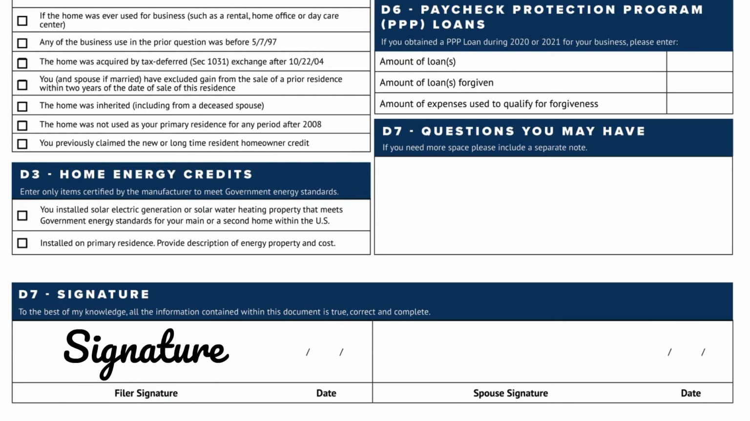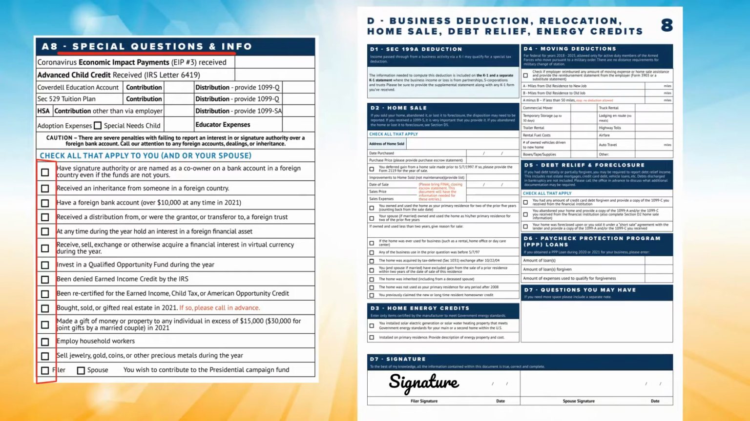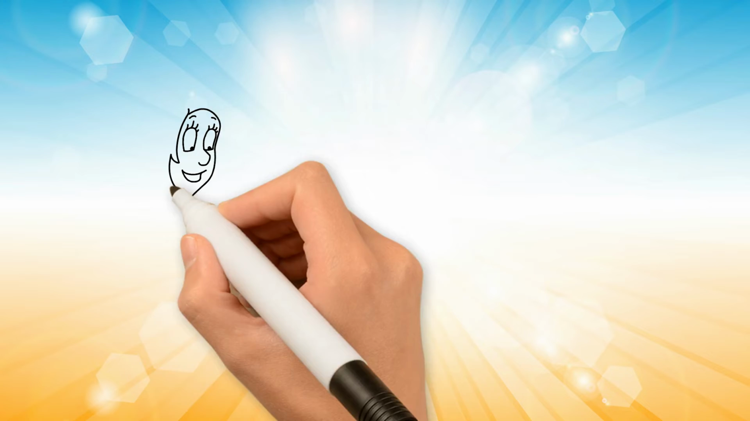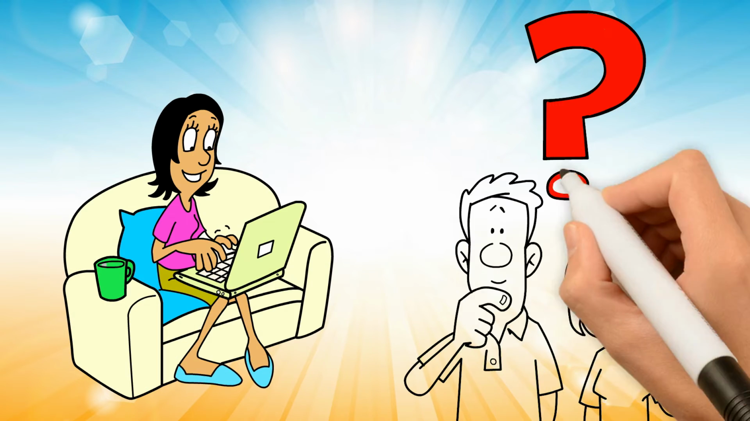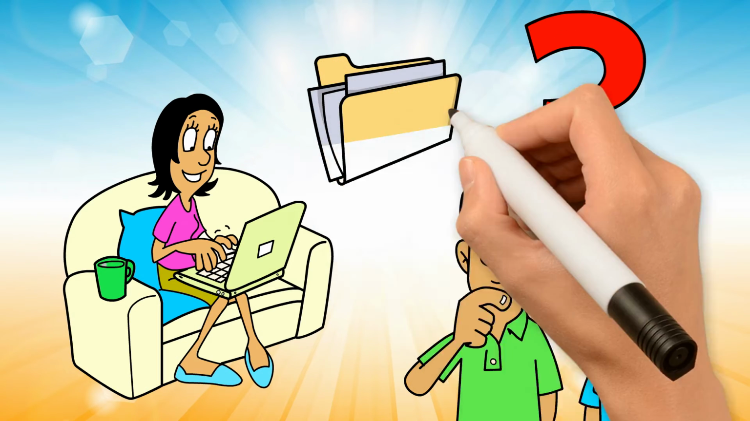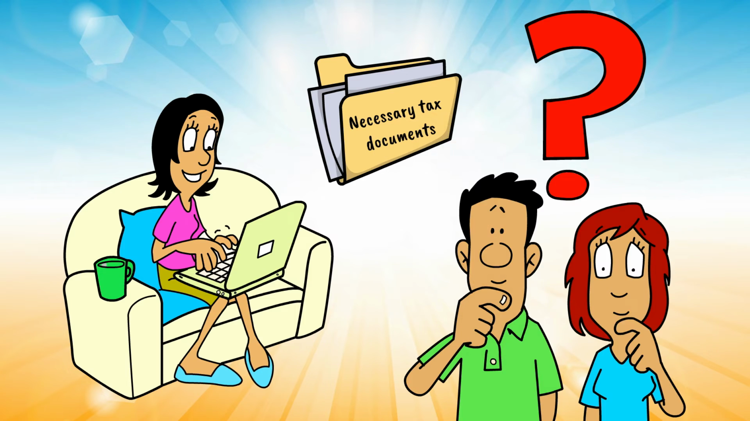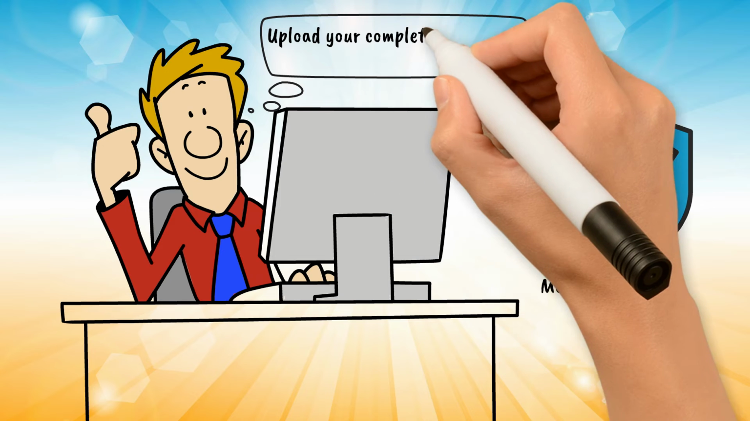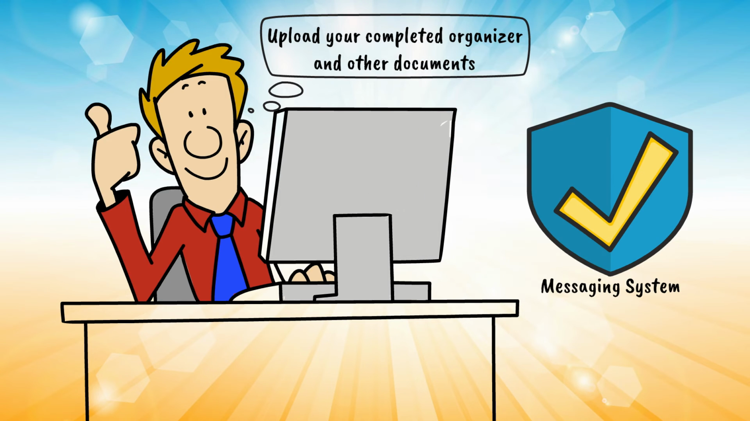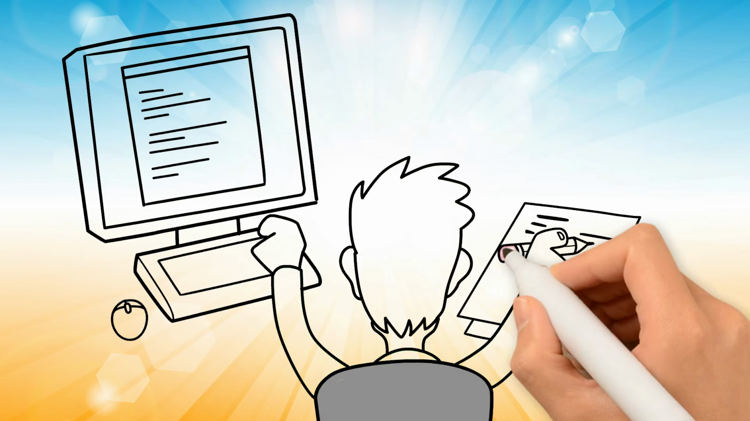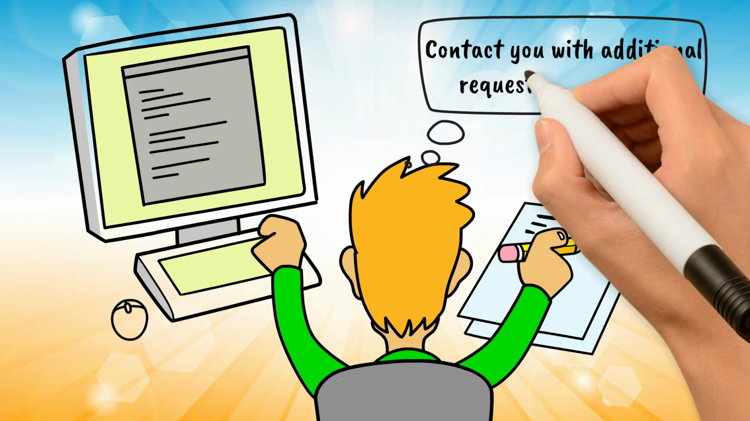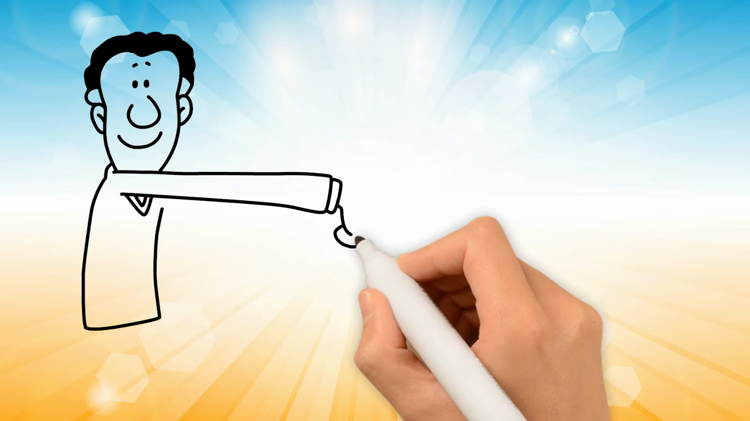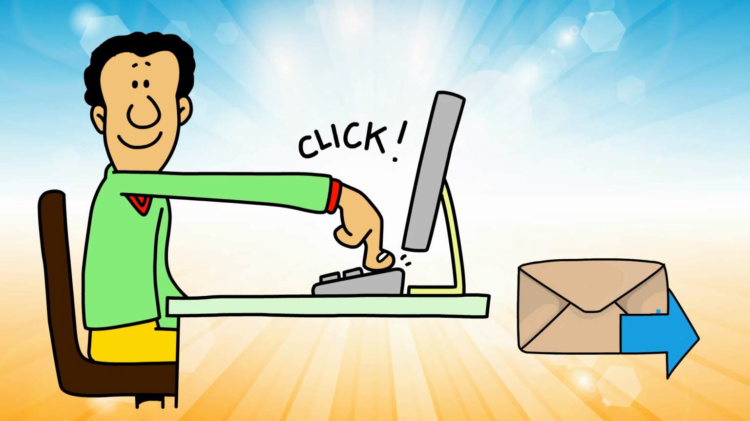Ideally, it would be best for you to complete as much of this organizer as possible before your appointment. Mark any sections which you may have questions on to discuss during your initial consultation and provide the necessary tax documents you received. You can use our secure portal messaging system to upload your completed organizer and other documents when completed. We will place your return in our first in first out preparation queue and contact you with additional requests if necessary. You can check the status of your return on your dashboard of your portal and send us messages if you have any